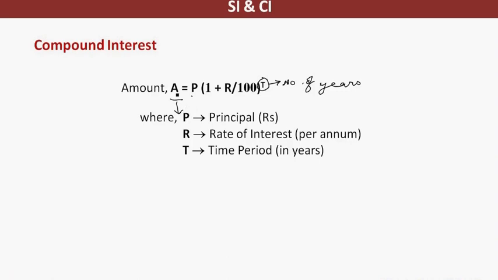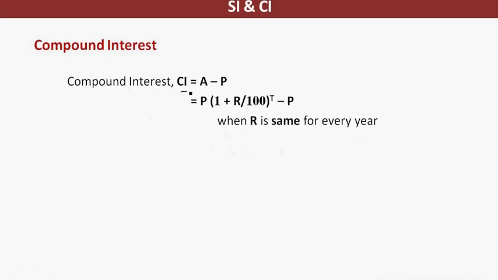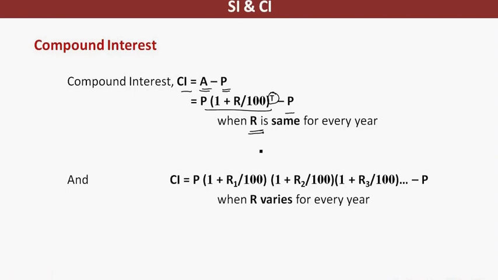The simple thing that we have studied till now. So this formula gives us the value of the final amount depending upon the initial principal that you started with and the rate that you are getting per year. If you have to find compound interest, you will obviously have to subtract the principal from the amount. So compound interest would be your final amount minus the initial principal that you started with. The formula is P into (1 plus R by 100) raised to power T minus P. This formula is applicable when the rate is the same for every year. That is why I am doing raised to power T.